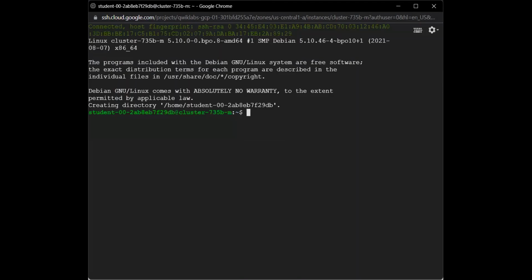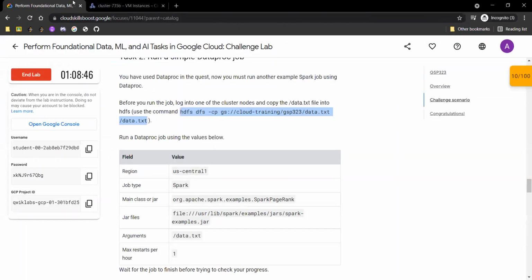Just simply copy and paste the command which we have given. Yeah, we are done. So now we are good to go with our Dataproc job.